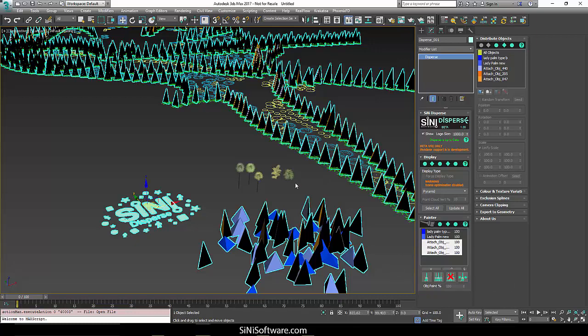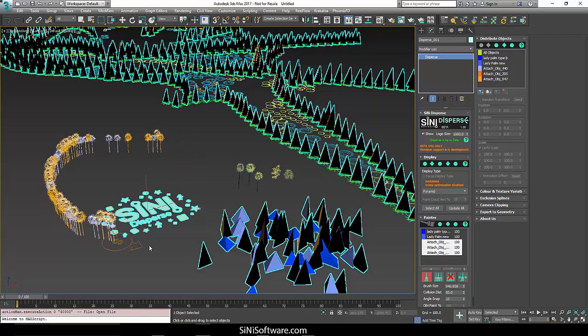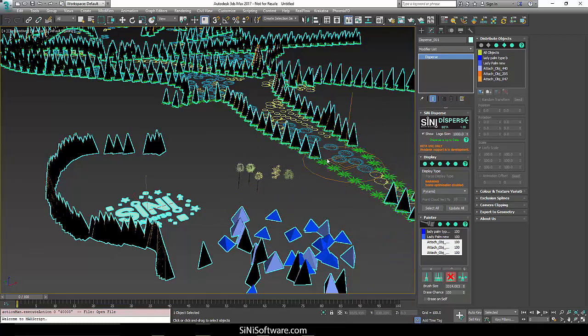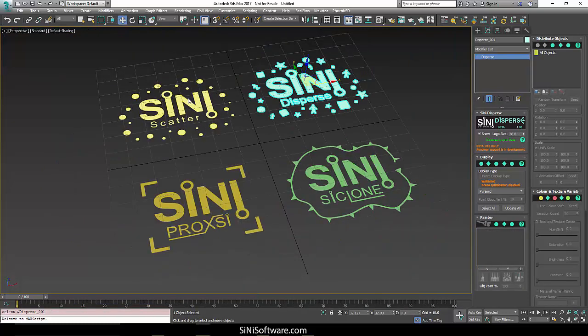You have the ability to paint in a certain direction as well, so I can paint all my trees in a direction if I had cars or people walking down the street. And then my erase function, I can go through and erase stuff in my scene that I have selected. So if I just wanted to erase a certain type of object, I could. It's basically a paint anywhere in your scene. It'll paint on objects. Very easy tool to use and very convenient for putting cars or people or trees in your scene. And then last is our